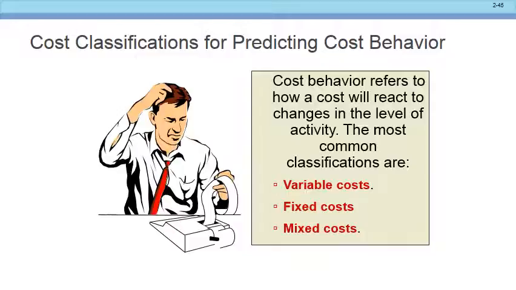Okay, how about the bread? I mean, the meat. We already asked you the bread. How about the meat? Same thing, right? How about the cheese? Same thing. So our direct costs tend to be variable costs, don't they? Okay, good. How about the labor? Direct labor. The more sandwiches I produce, the more labor I need. So our direct costs tend to be variable.